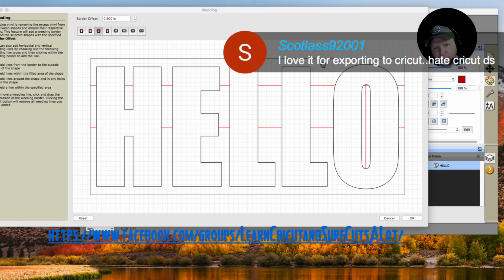Love it for exporting to Cricut. Hate it for, hate Cricut Design Space. Yep. So again, a drawback. They're very proprietary as far as what they want. They want to control every aspect of their machine as well as software, and